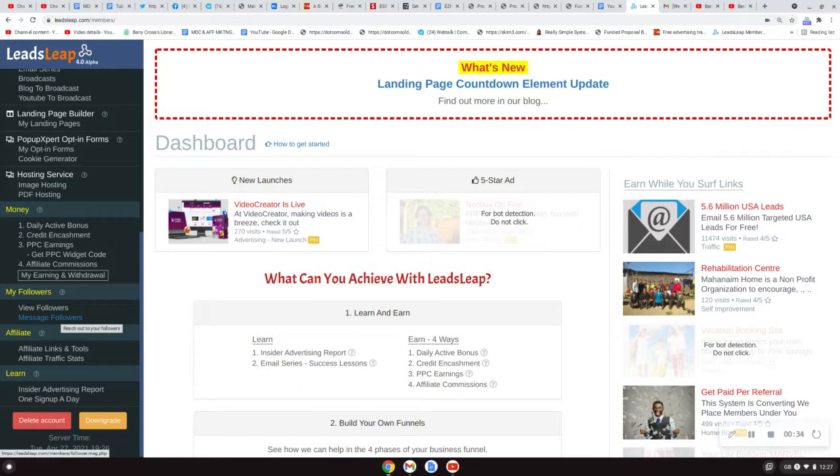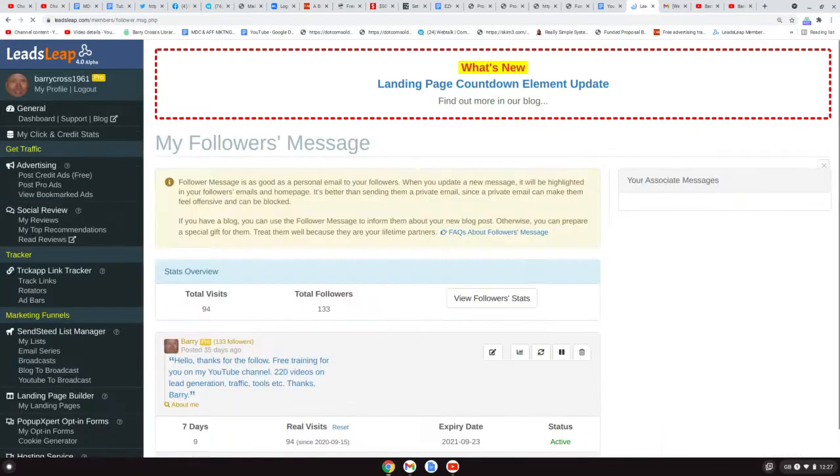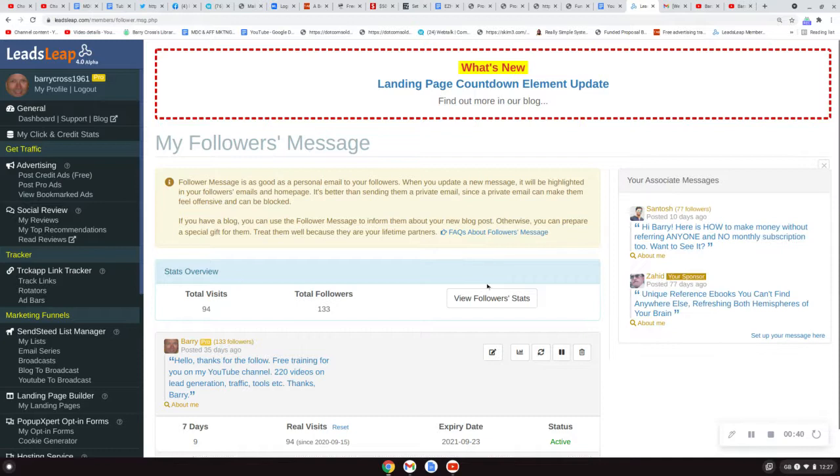So I'm going to go into message followers, and this is a really great little feature of LeadsLeap because when you start to get referrals, they don't have an internal email system where you can email people. What they have is a little message like this. So you create your own message. It's totally free to do. And you'll see here are some associated messages from the people who referred me. So these are, I suppose, what you call my upline. So anytime I click on there,